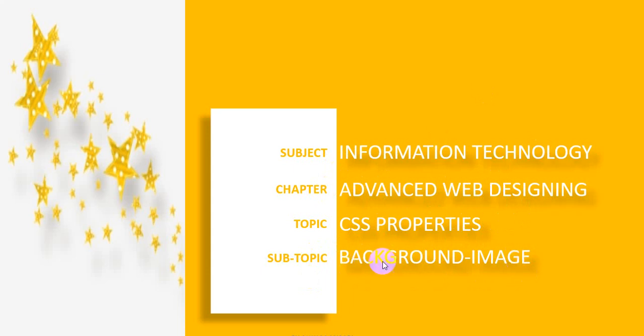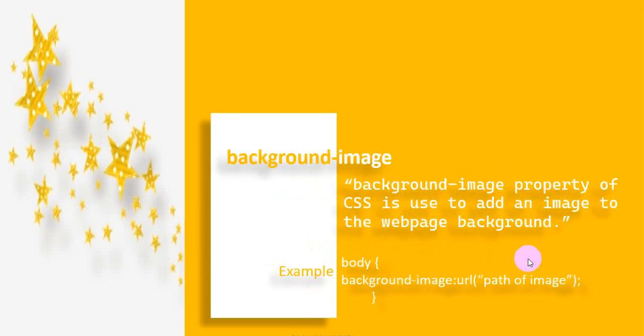Background image is our today's topic for discussion. Okay, so now see, background-image is a property of CSS. Please student focus over here. Background-image is a property of CSS which is used to add or insert a background image to your web page.